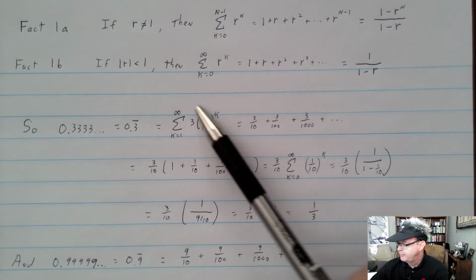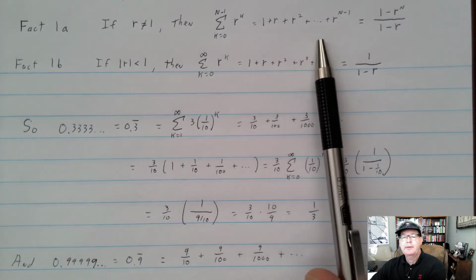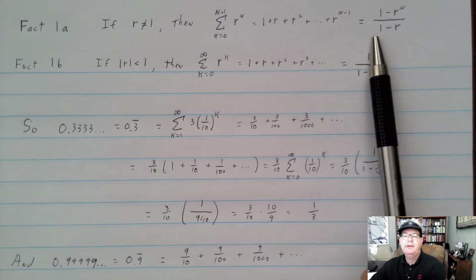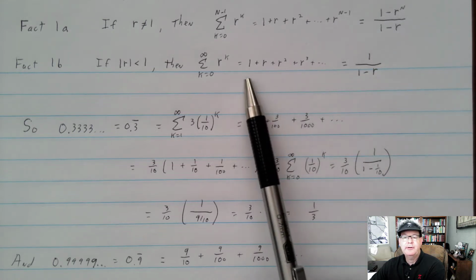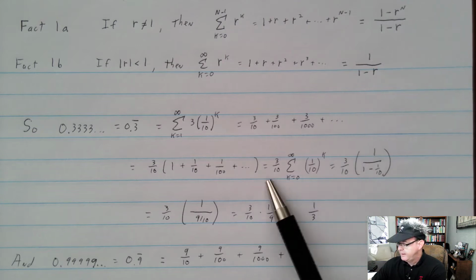So we'll need a couple basic geometric facts. The first n values of a geometric series would sum this way, if r is not 1. Then for an infinite geometric series, it will be this, if r is between -1 and 1. And so, for example,